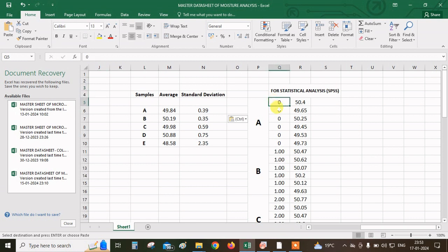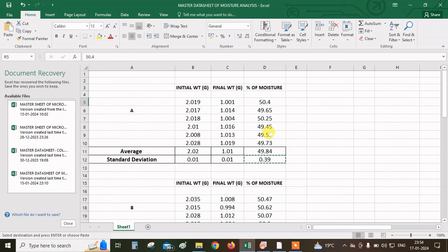So you have to designate each and every value as a part of A. For that we have done 0, 0, 0, 0, 0 and 0, right? So we will take only the raw data replicates of the sample A. This is the sample which, for our convenience and to comply with the rules of SPSS, we have to designate as 0 basically here, right? And then we will just copy and paste here the values that we have taken, that is the raw data